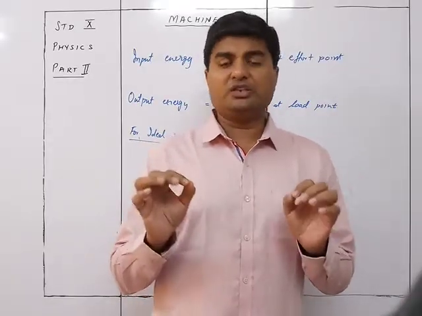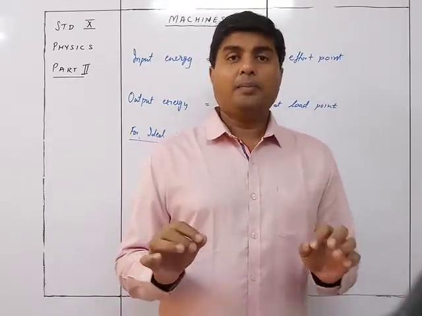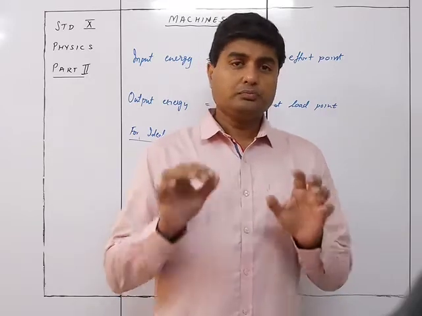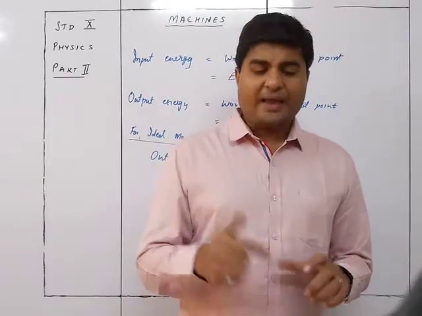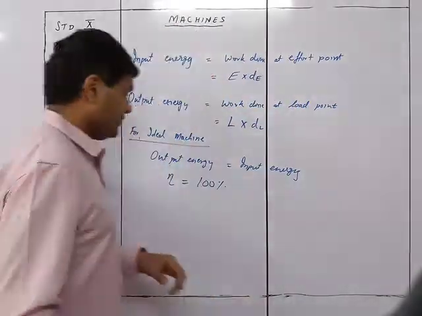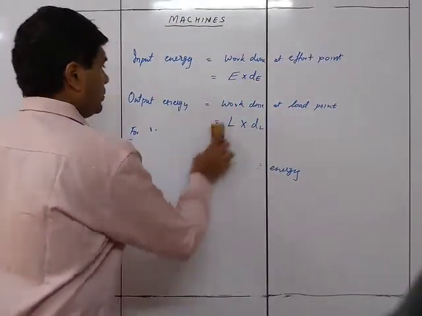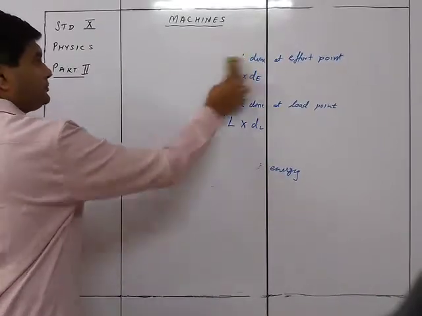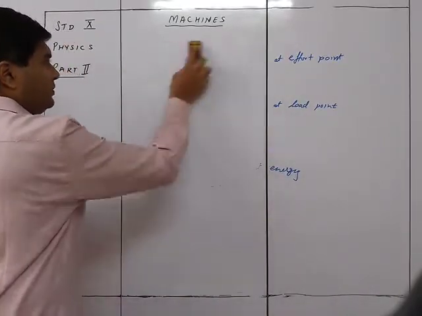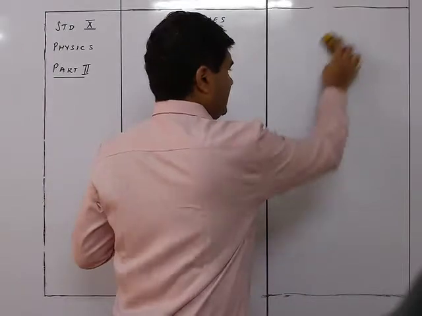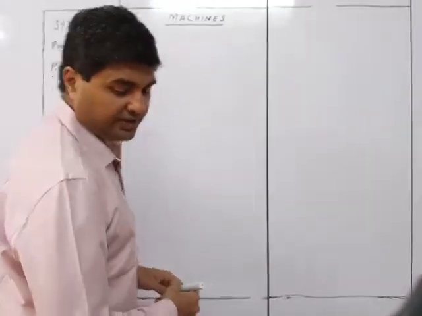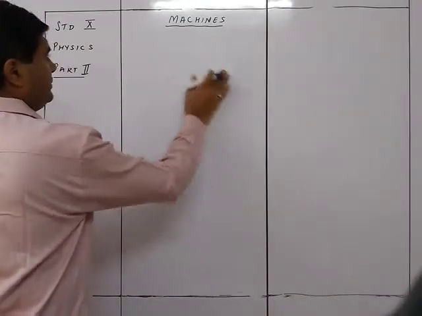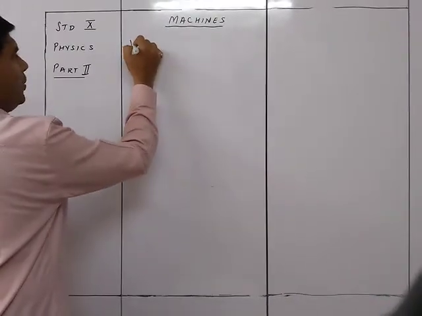You need to learn this derivation completely by heart because they do ask the question: derive a relationship between efficiency, mechanical advantage and velocity ratio. So we go this way. So right now, let us first write down the formula for mechanical advantage and velocity ratio. So first thing, we start with the work first. So it is work.